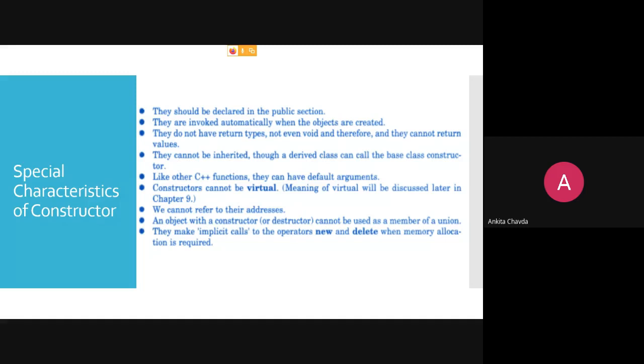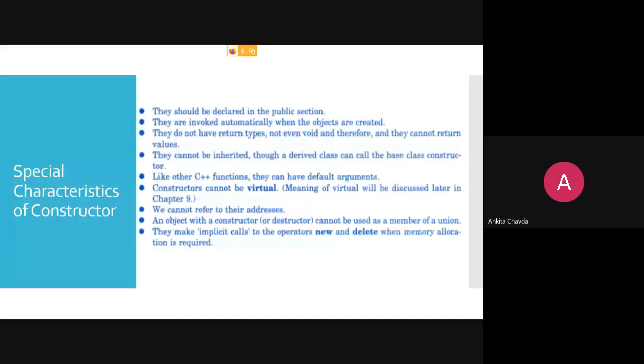Fine. Next, like other C++ functions, they can have default arguments also. Suppose you have seen what the default argument is in your unit 3. You can give the default argument at the rightmost side of the formal parameters of your function.